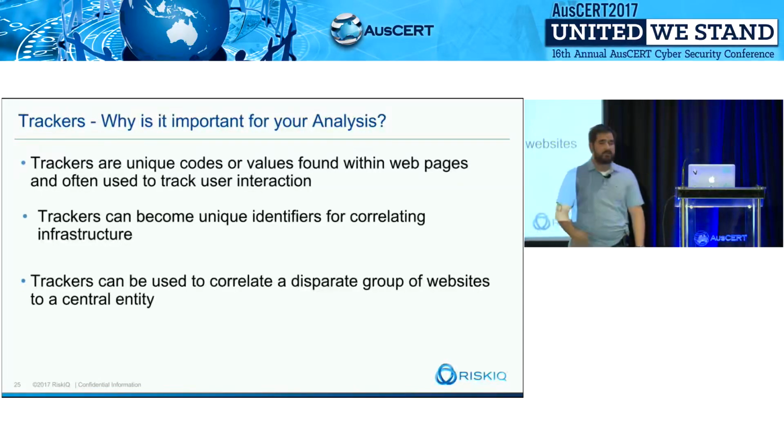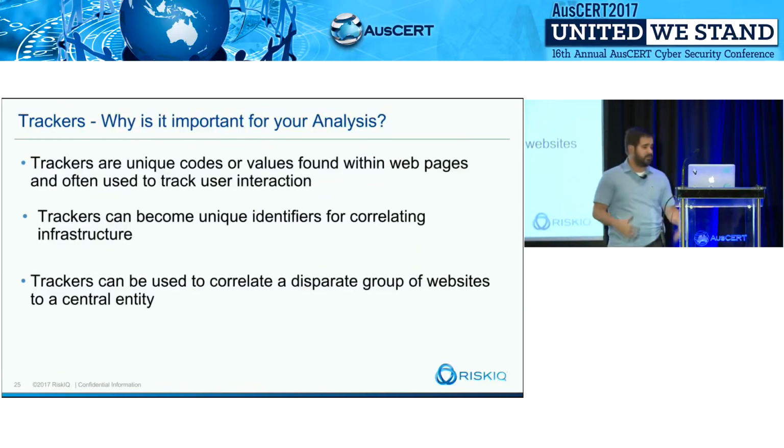What we find is when actors are standing up malicious infrastructure or trying to impersonate PayPal and do some credential harvesting, they copy wholesale the HTML of a PayPal login page. That login page contains that analytics code. If they don't remove that analytics code, we now have a brand new unique identifier that connects legitimate PayPal infrastructure with typo squatting or malicious infrastructure. So it allows us to use these same methodologies of one-to-many to understand actor groups.